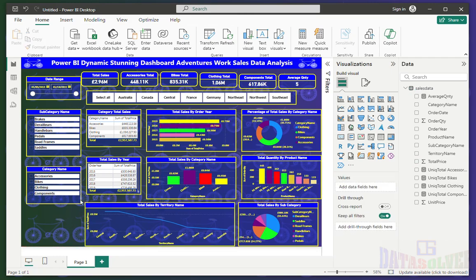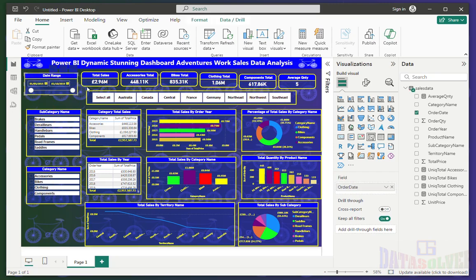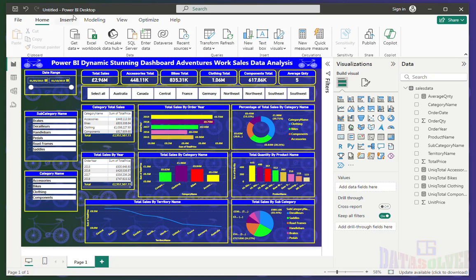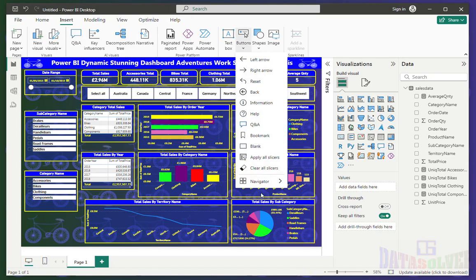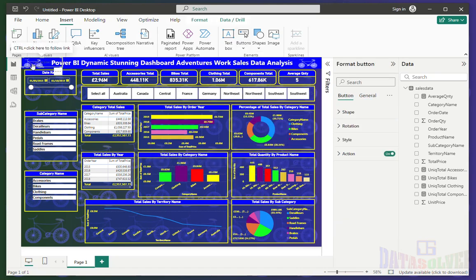So the last thing in this particular dashboard is the clear all slicer. We're going to arrange all our charts based on position. So the next thing to do is our clear all slicer. To add our clear all slicer button, we're going to click on insert, go into buttons and select clear all slicer. We bring it to the position where we want it to reside, and all we need to do is go to the button,